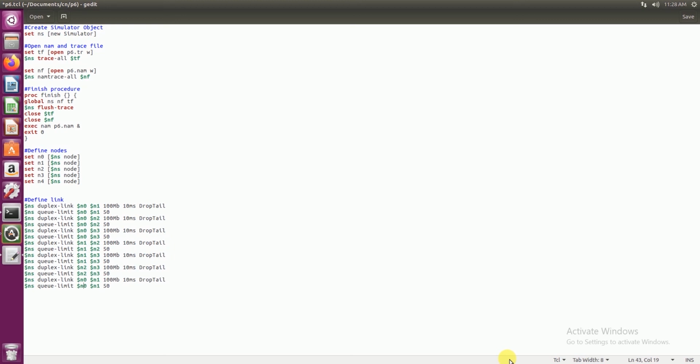So I just replicate it once again, and I just change the names of the nodes over here, N4, and I leave the rest of the variables like the bandwidth and the propagation delay and also the type of the queue and the queue limit to be same. Fine. Now that we are done with establishing the links and setting the queue limits for them, let us move ahead with